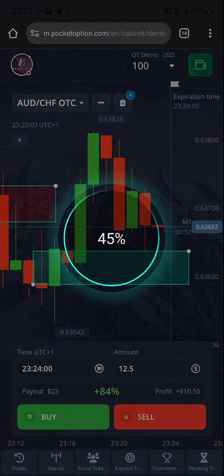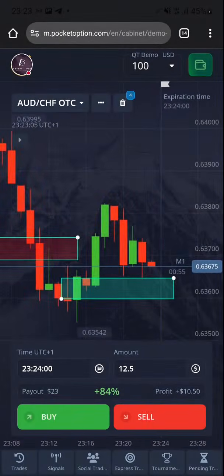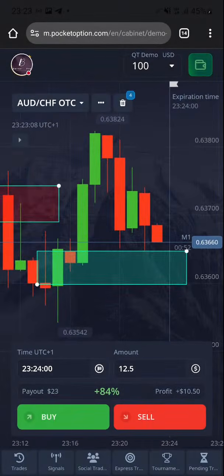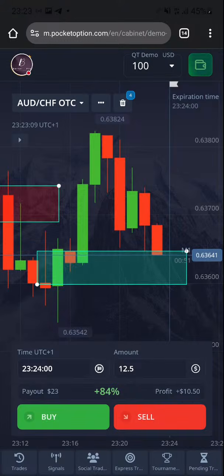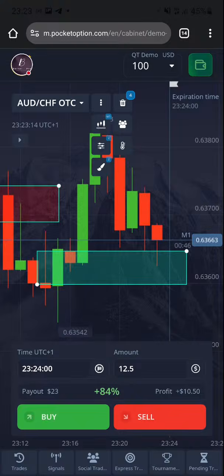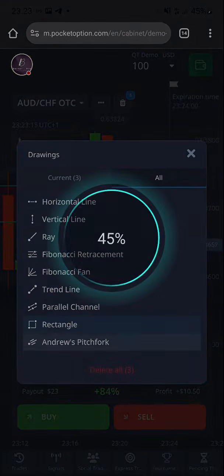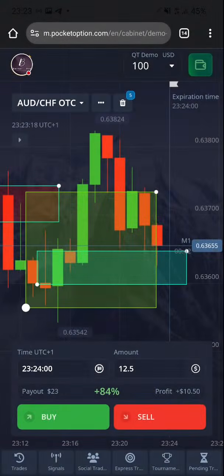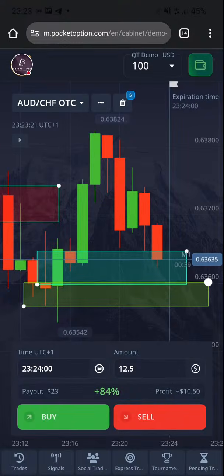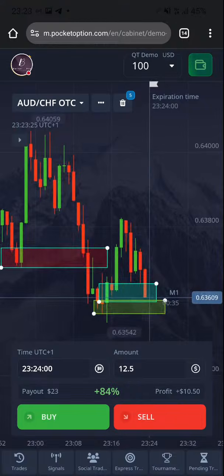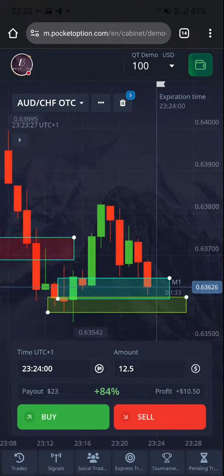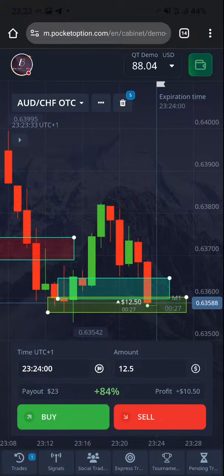So you understand now. You can see they just touch this area a little bit. Now they may just break this place to the downside. There's another demand down here again. You understand? But if supply and demand areas are not being respected immediately, something is already wrong with that market, because it is demand and supply that move the market. So if demand and supply areas are not being respected, something is wrong already.